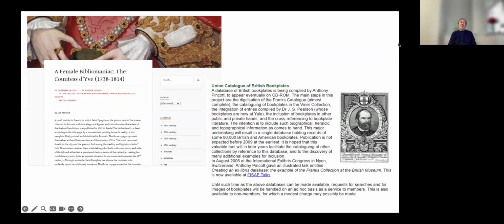So, there's a good and regularly refreshed blog site on early modern women's book ownership, and lots of data goes up there about female book ownership. There is a project under the wing of the Bookplate Society to create a big new directory of British bookplates, which is something which anybody who works with bookplates knows we very much need. There are various things like this that are beavering away, and if we could find a way of joining them up more, I think that would actually make a lot of sense.